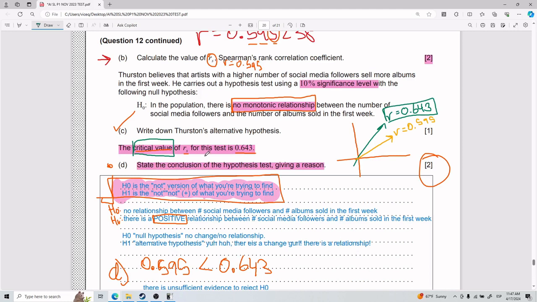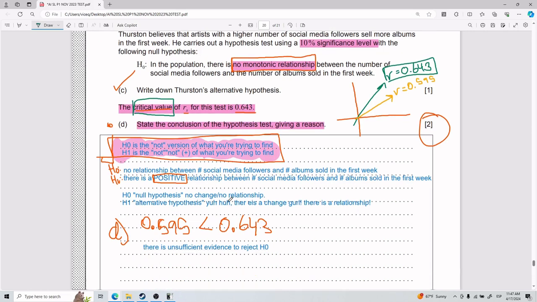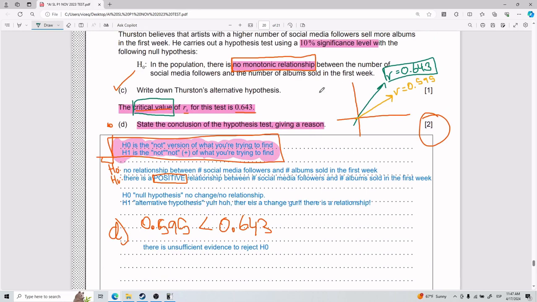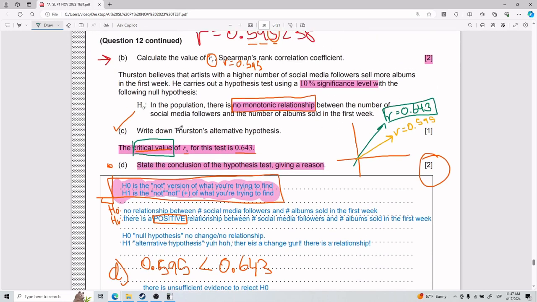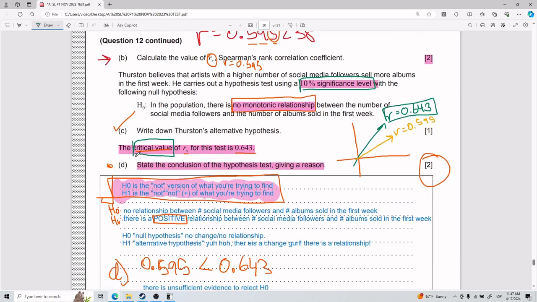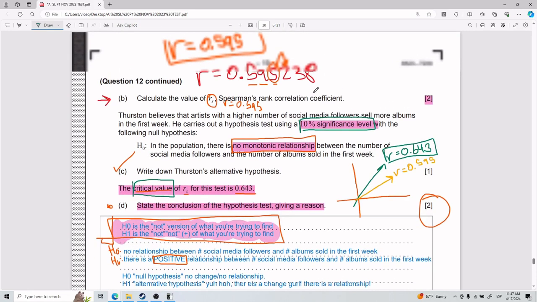So if you have an R value that is stronger than your critical value, stronger than this sort of minimum that they're asking for, then yeah, you would say, okay, there's valid evidence that Thirsty Thurston was correct. But in this case, Thirsty Thurston was incorrect because the R value he got was below the critical value, okay? And this critical value can change depending on the significance level that is asked for, okay? So in this case, we had to relate the actual value we got to the critical value. In other scenarios, you have to compare the p-value to the significance level, okay? But in this case, we don't do that because we get the actual values, okay?